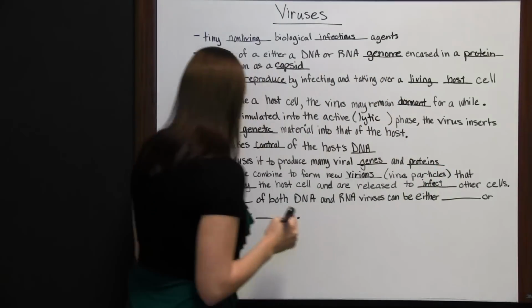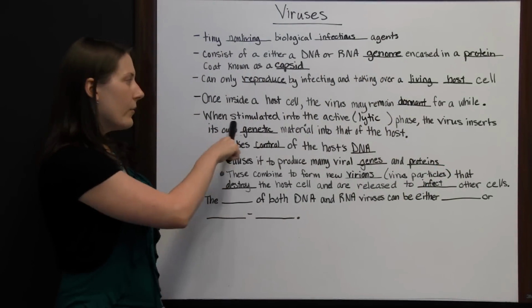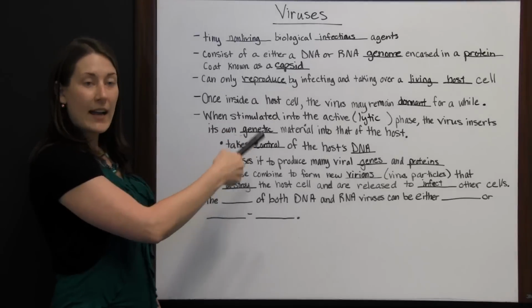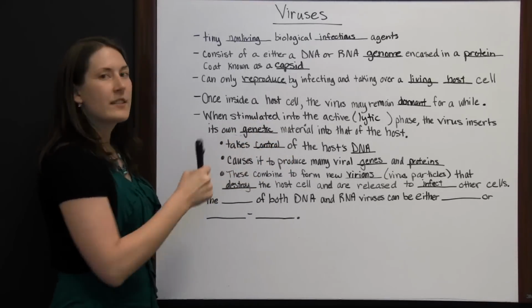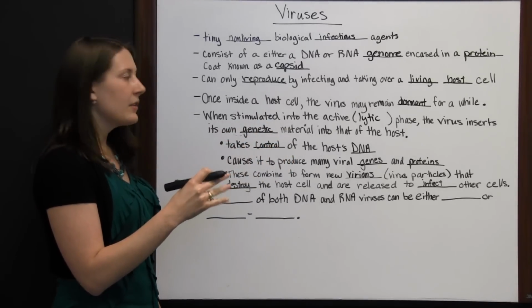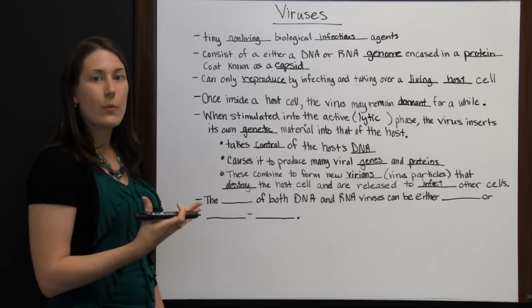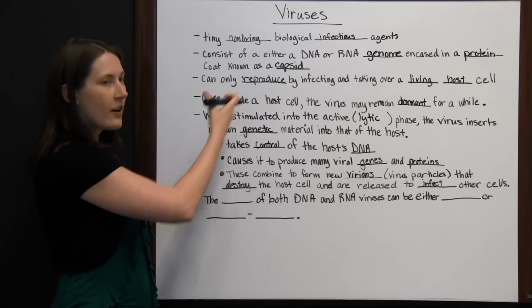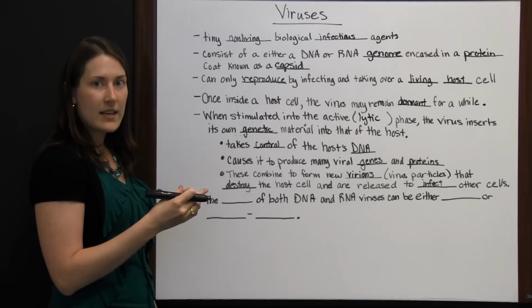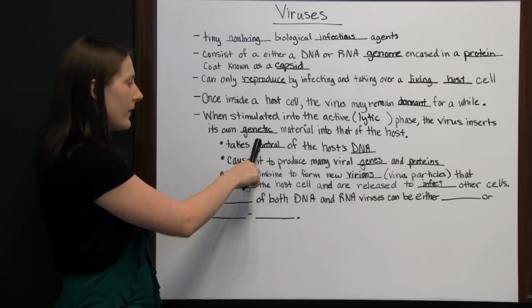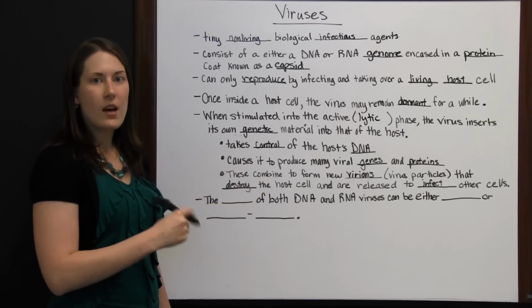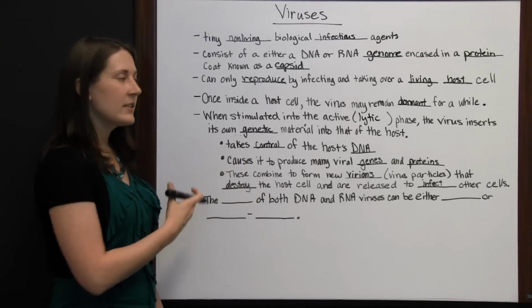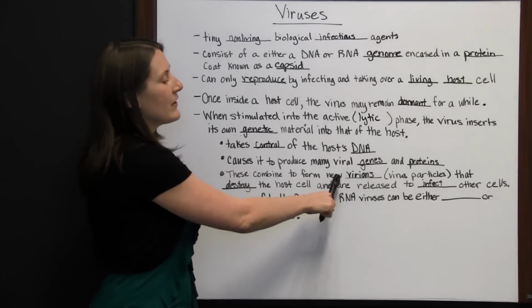So what happens is, once the virus becomes active and it's in the lytic phase, it's going to insert its own genetic material into that of the host cell, so probably into the nucleus. The virus DNA or RNA is going to mix with the host DNA or RNA, take control of it, and then tell it to produce lots more of these viral genes and proteins, which combine to form new virions, and